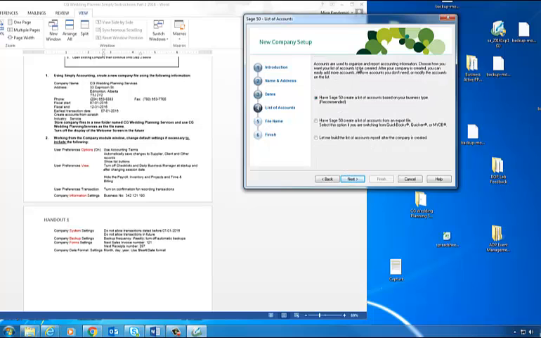Accounts are used to organize and report accounting information. Choose how you want your list of accounts to be created. After your company is created, you can easily add more accounts, remove accounts you don't need, or modify accounts on the list. So what we would want is